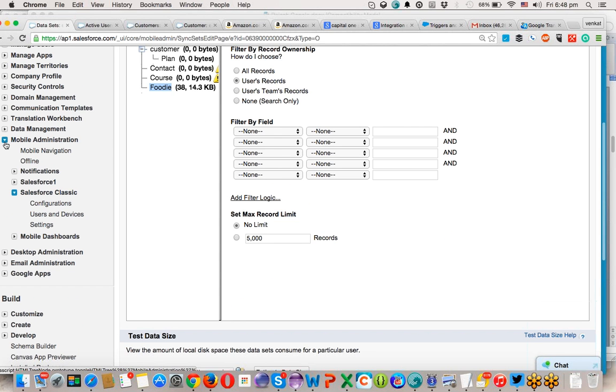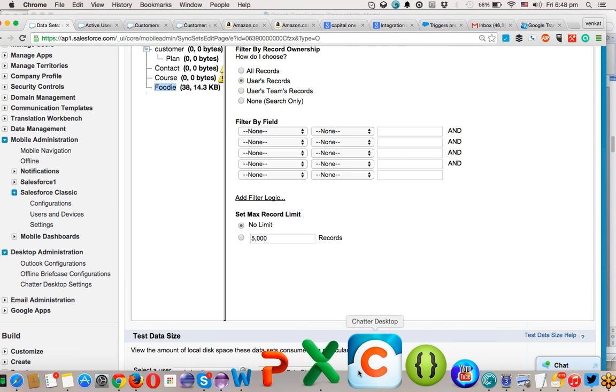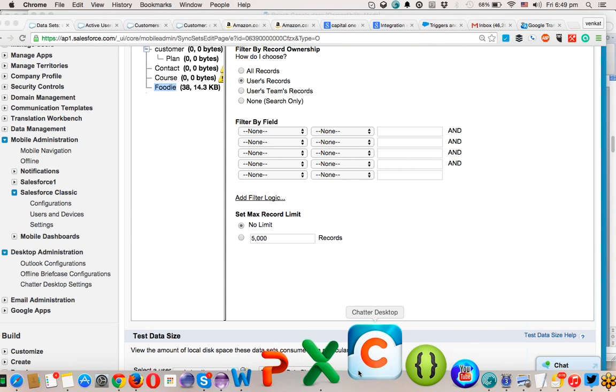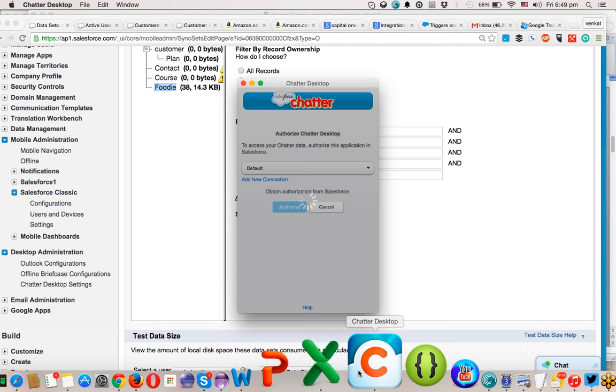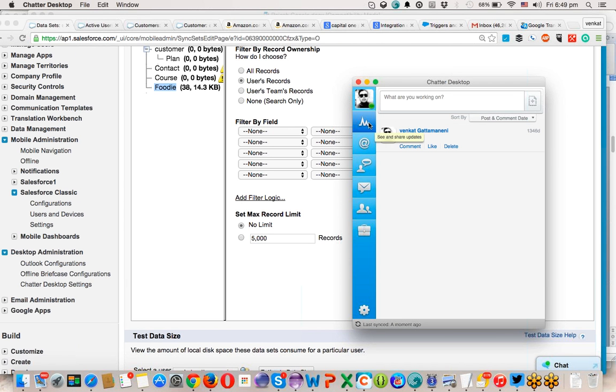That's it, guys. I'm jumping into the other call, and I can finally show Chatter Desktop. This is a really simple application where you use only Chatter, not any other objects. You can search for people, you can chat, you can post. It's like a social Facebook app on your phone. You can also install Salesforce Chatter on your mobile phone and log in. So this is my feed,